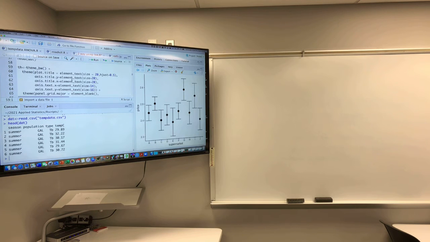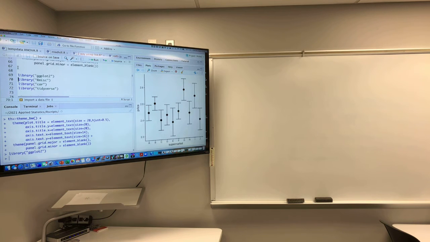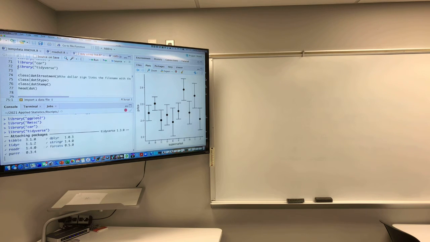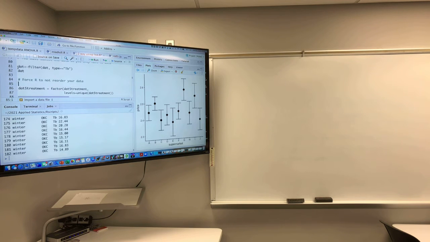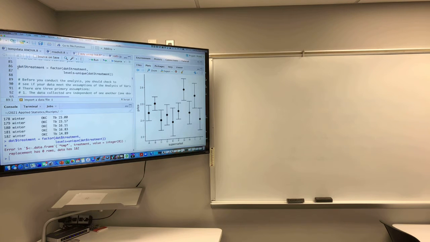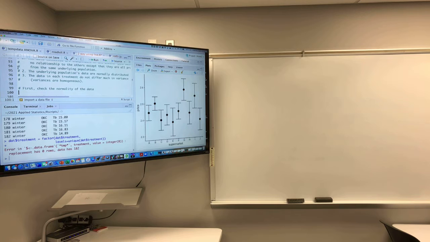So in the assignment that I gave you for the report, I basically told you to concentrate just on body temperatures, and then I told you to combine these treatments into